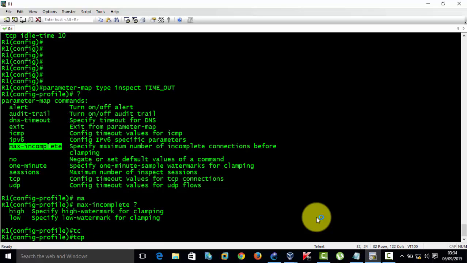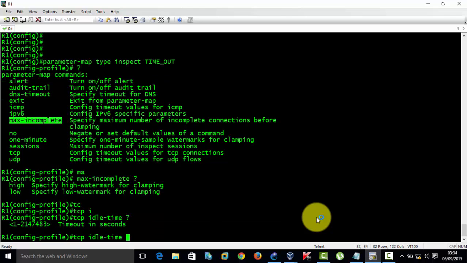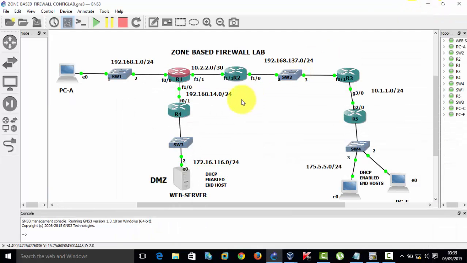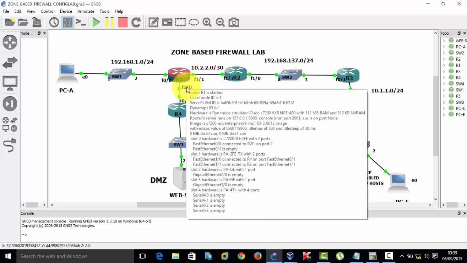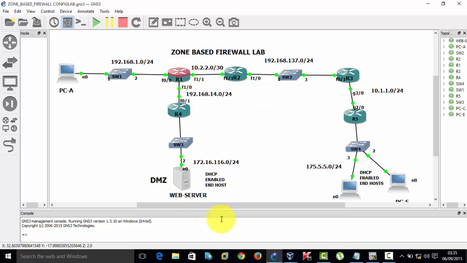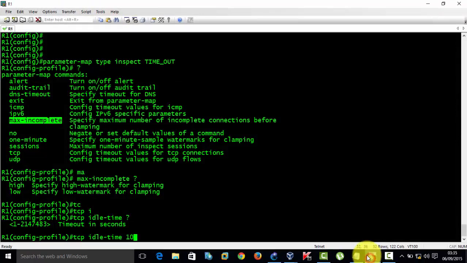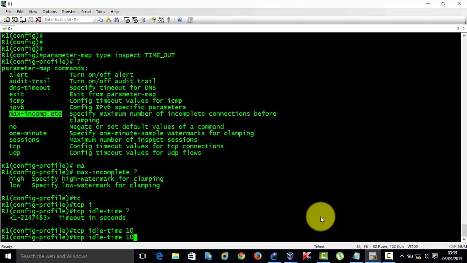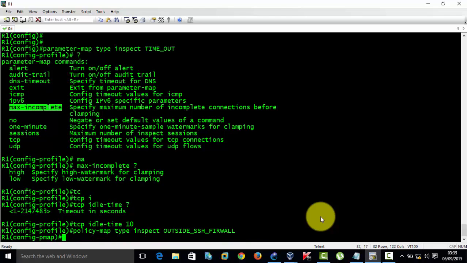timeout of TCP idle timeout, and then we're going to say 15 seconds or 10 seconds. We are going to apply that to the SSH that is coming from outside to the firewall router. We want it to time out within 10 seconds when it comes in, if no one is using it. So we say 10 seconds, and then we are looking for the policy map of that firewall,